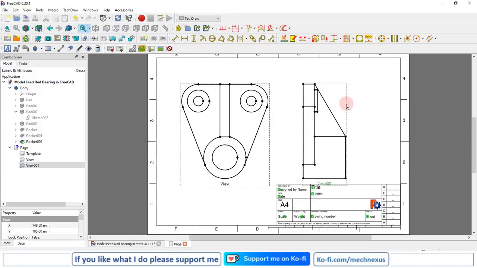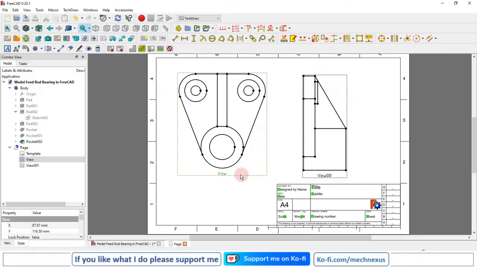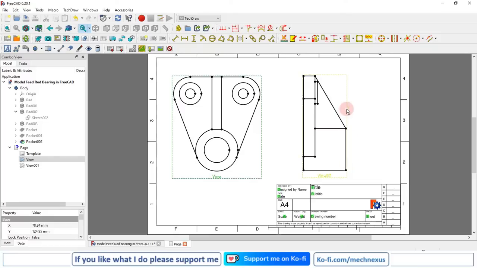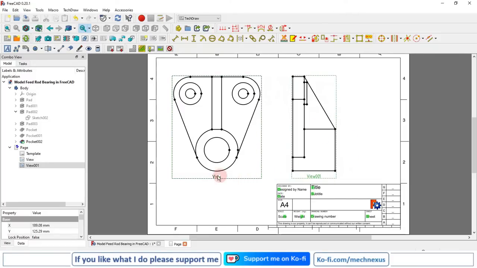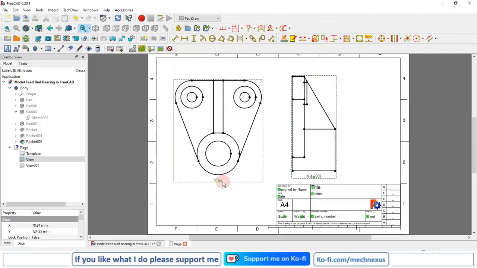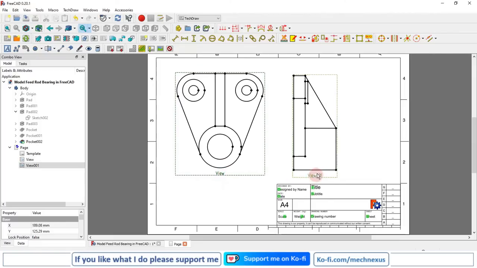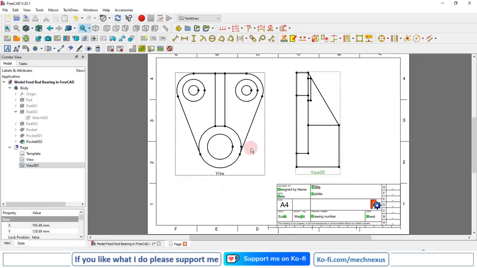So here the downside is that if I do not use the multi-view, then there is no relation. If I move my front view, then my side view is not moving. So if you place the view with the help of this insert view, then there is a problem. There is no connection with this view, and this can be resolved with the help of a multi-view. So let's see. Now I will delete this one